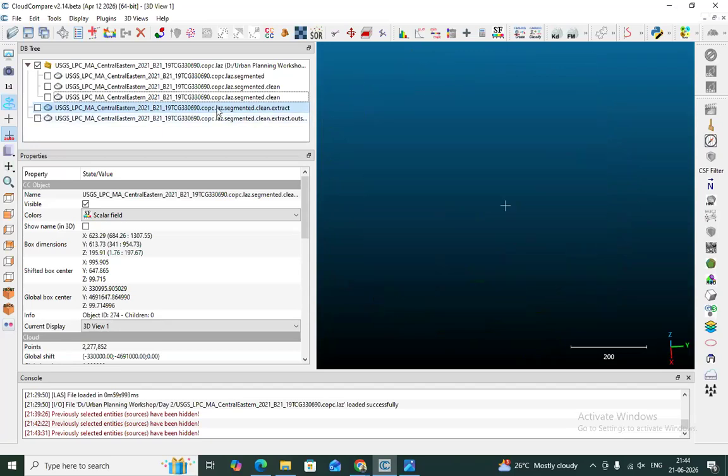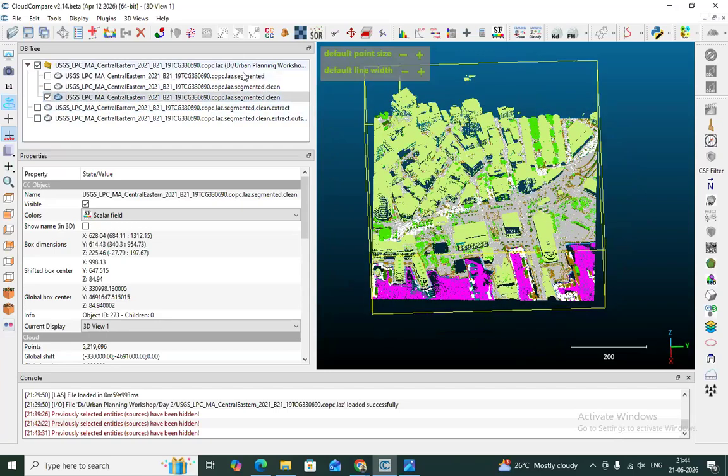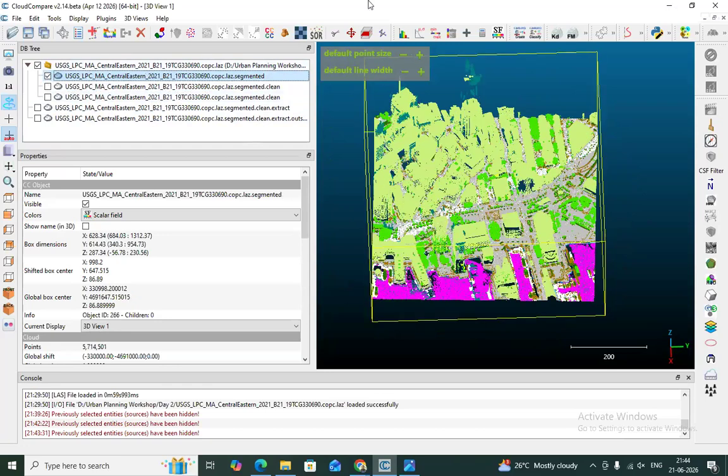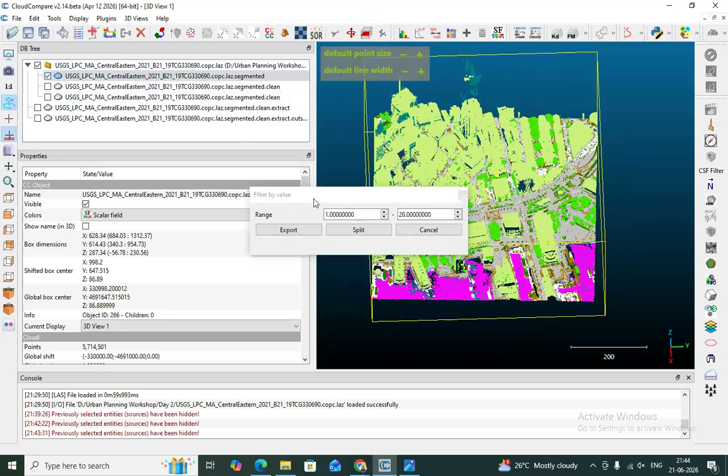Now let's again filter out the vegetation part. You use the same option, filter by value. For vegetation, I select 3.25.